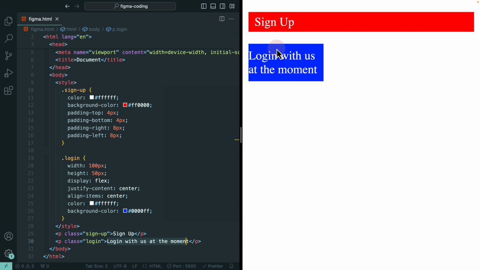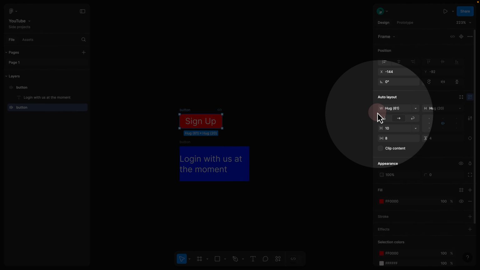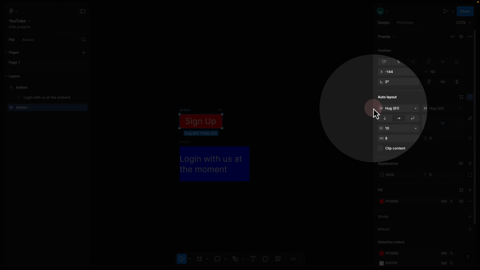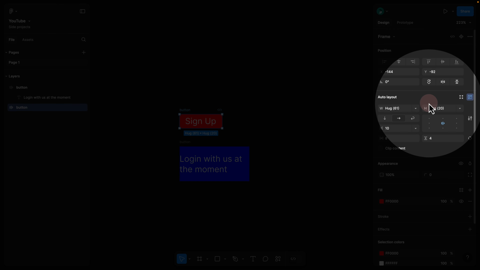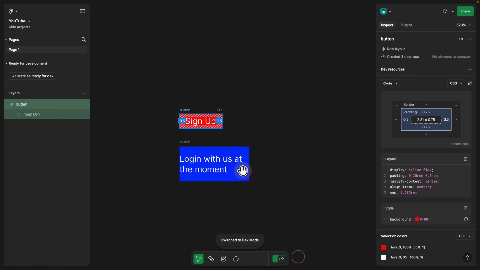So if I go back to my button, here you see we have again 8 pixels and 4 pixels added to left and top and bottom, which is great. And now we take a look at the property. The width is set to hug, the height is set to hug. However, we don't have these properties on the front end, but we already know we have a property called display, and also we have another value called inline-flex. So if I go back and switch to dev mode, here if I click on it,